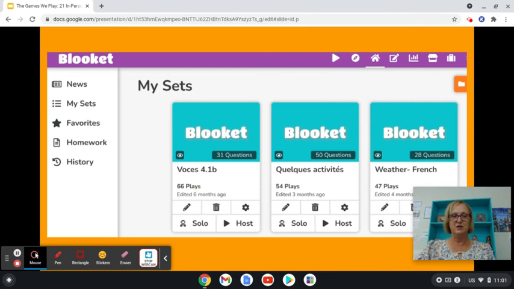There's another game called Blockhead. Blockhead is very similar to Gimkit, but I will tell you that my students would prefer Gimkit at any time because Gimkit relies less on chance, whereas the Blockhead games have to do a lot with chance.